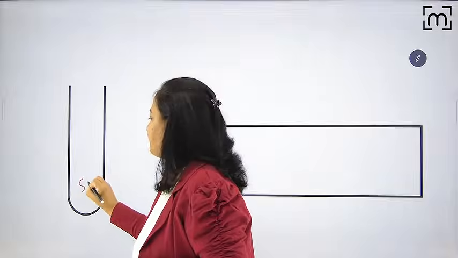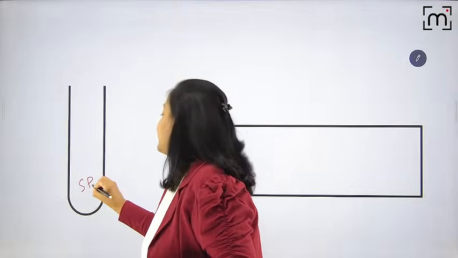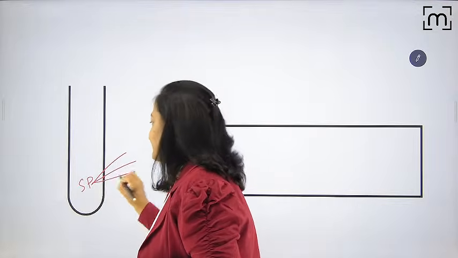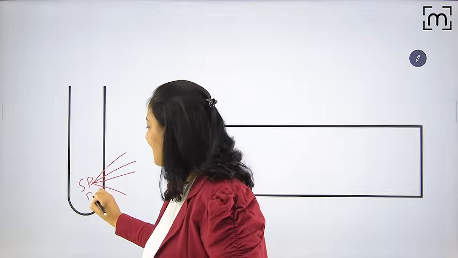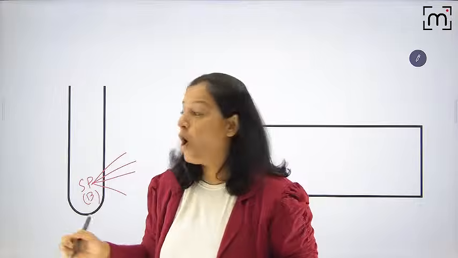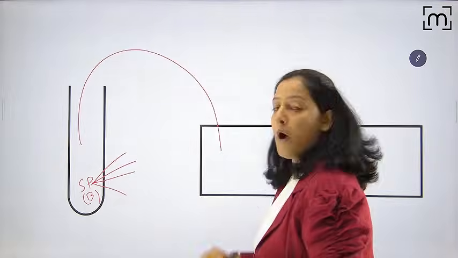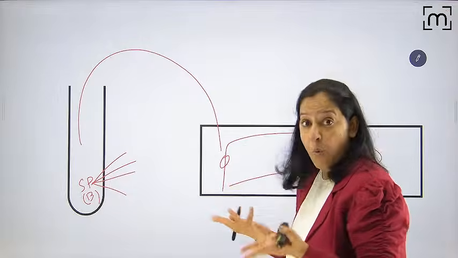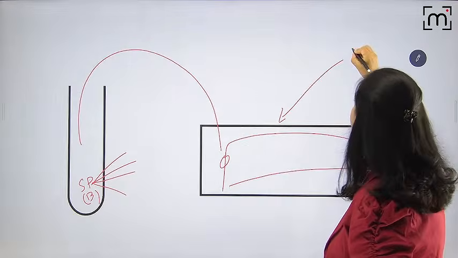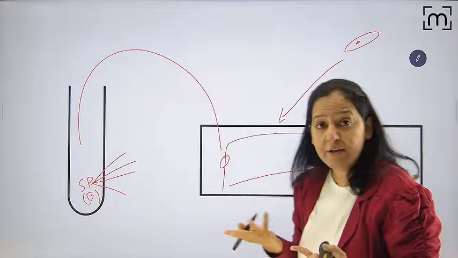Wait. Understand my question first. This is my specimen. My specimen can be anything. It can be blood, it can be urine, it can be CSF, it can be feces, it can be anything. Suppose this is my specimen and I suspect it contains bacteria. Why not I take a drop on the slide? Okay, why not I make a smear, and why not I examine directly under microscope? Why not I do so?